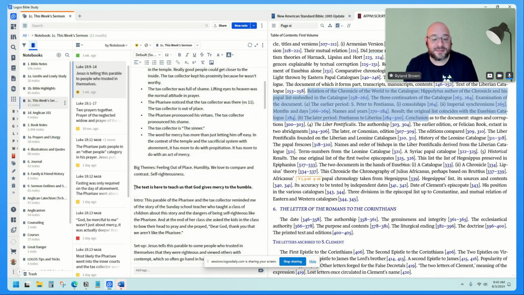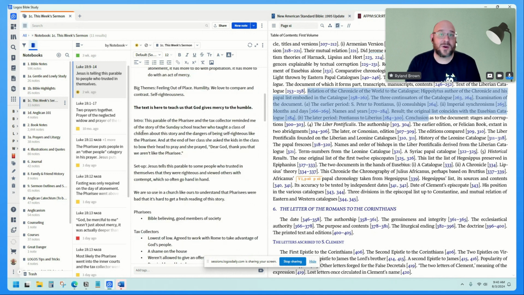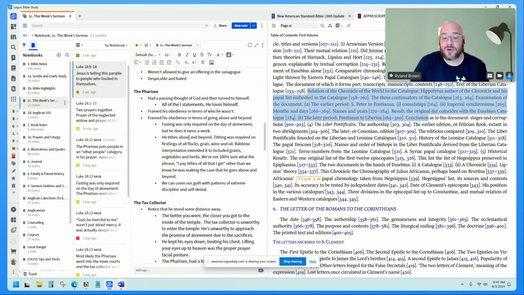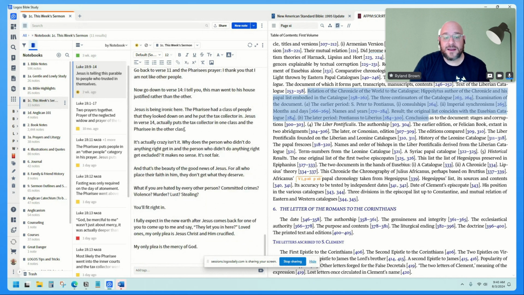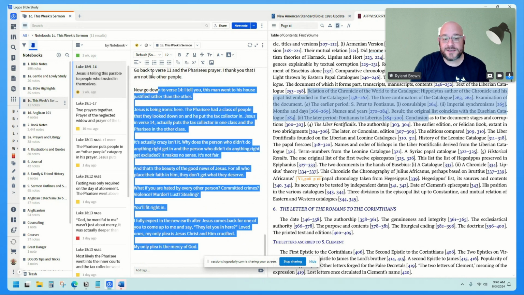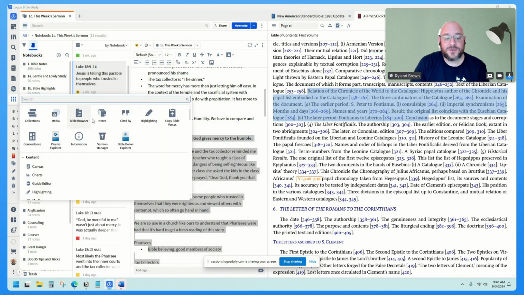I generally bold my thesis statement. So the text is here to teach us that God gives mercy to the humble. And then I'll begin throwing illustrations in there. This is where I do a lot of my sermon writing so that I've got an outline. And then when I'm ready, I'm going to take all of this information. I generally won't take it at the top, but I will copy it. I'm going to go back to my sermon